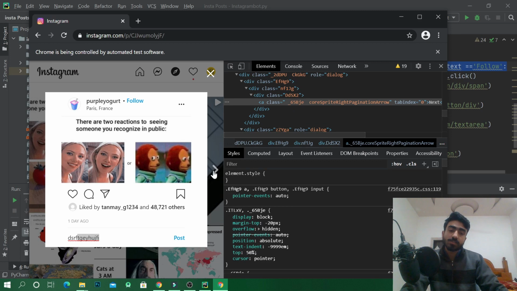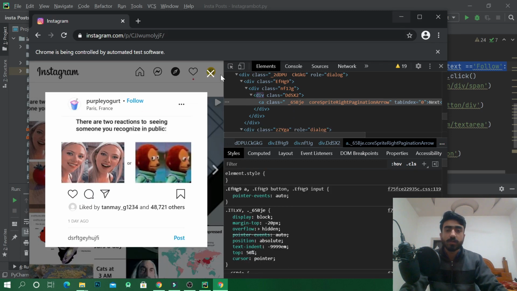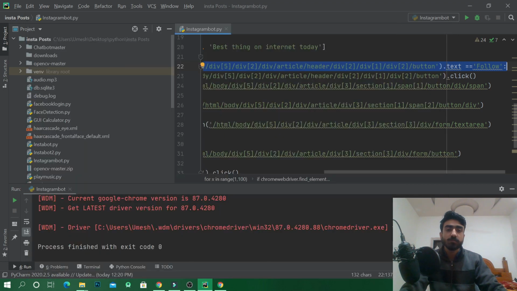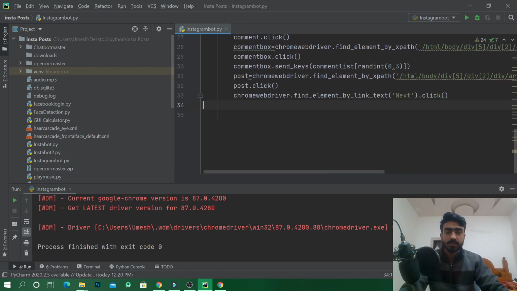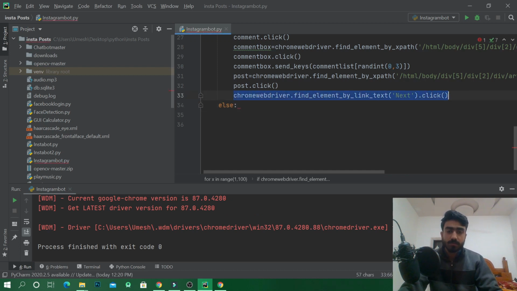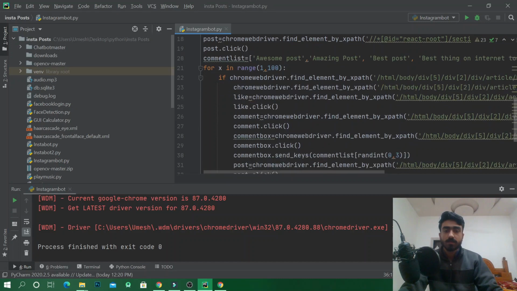Then we will simply press next and go to the next post. So we'll write an else statement for this if. We'll copy this same line, go to this line, and press the next button. Yes, good.